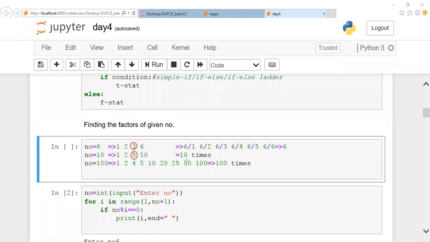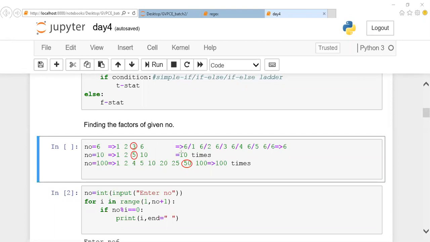If I say 100, I have factors only till 50. Again the same number. You can notice that for any given number, we'll have only half of the number as a factor. Got it? This is a common rule for factors, guys. For any given number, we'll have only up to half of the number as a factor, and the next factor will be the given number. This is a rule.